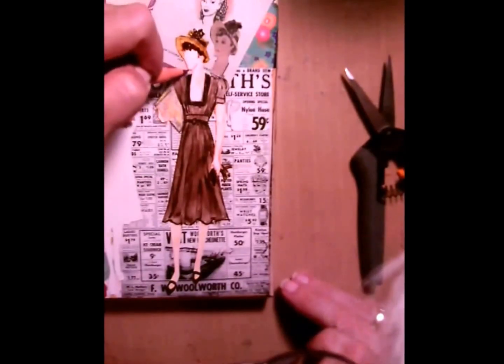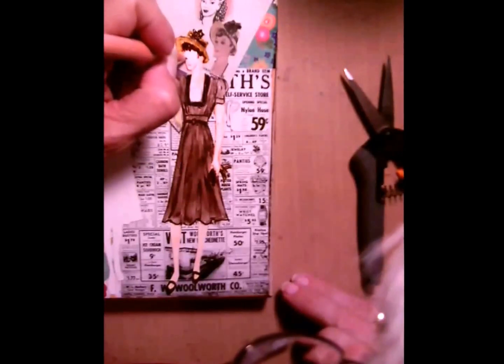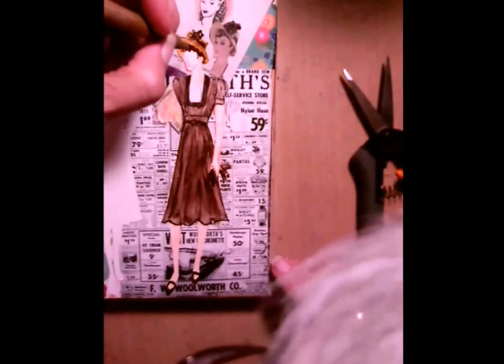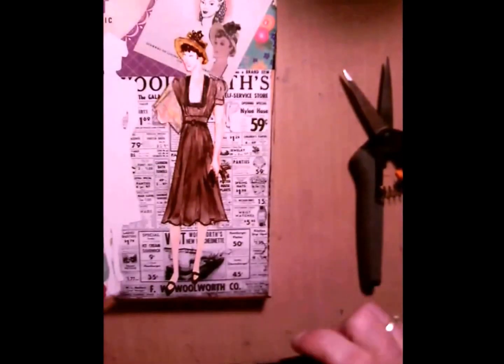Now I'm back to the cinnamon and I'm adding some of the details. A lot of the face, since this is so small, just becomes very suggestive. Just a couple dots and a line for the nose. Just a couple dots for the lips and the eyes. On this one I